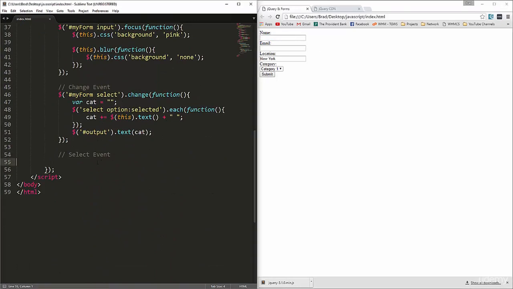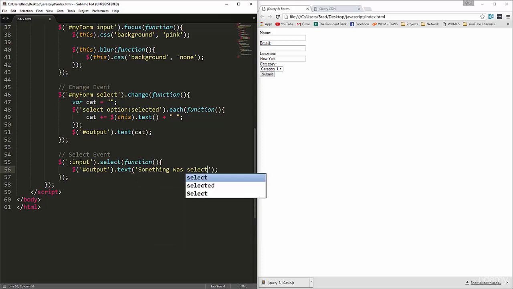And what we're going to do is put in a selector here of :input, and then we're going to call select, and let's use that output ID that we have, and we'll do dot text, and let's say "something was selected." Alright, and then we want to do dot show,